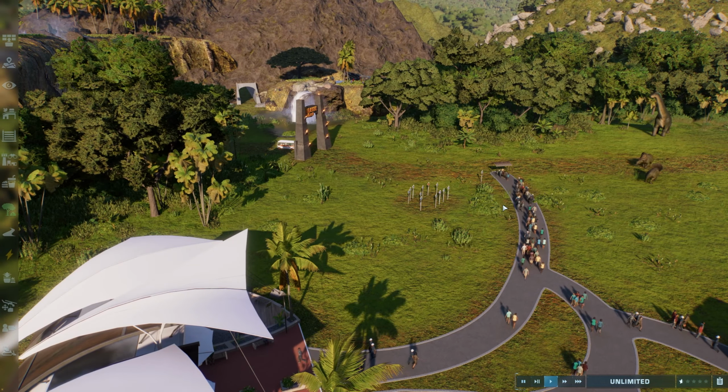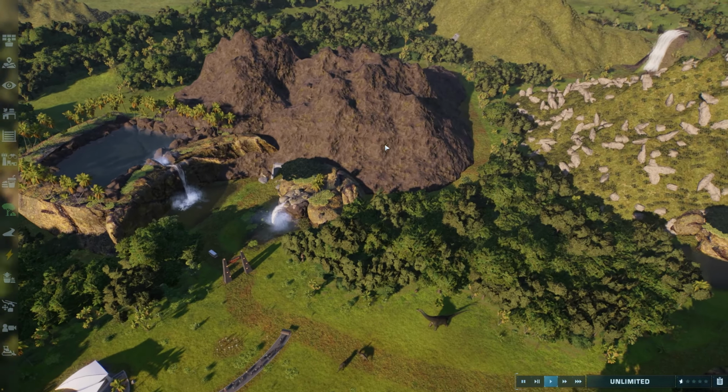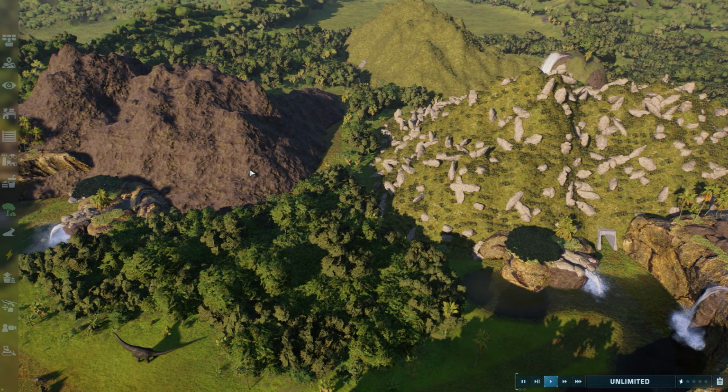Adding to all of that, crazily enough, we also now have a tunnel thing. So you get three different tunnels. You get this rock one, you get this grass one, and you get this rock and grass one, which I admit I'm not a big fan of. I think that looks stupid. But beyond that, you get these three different sort of mountains with tunnels,